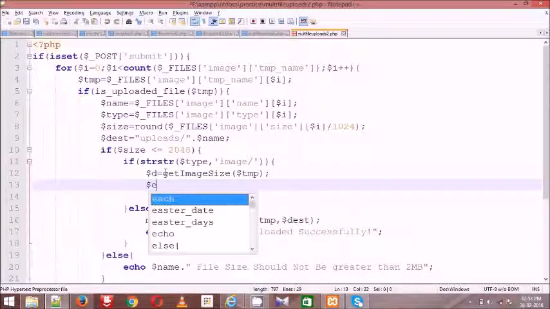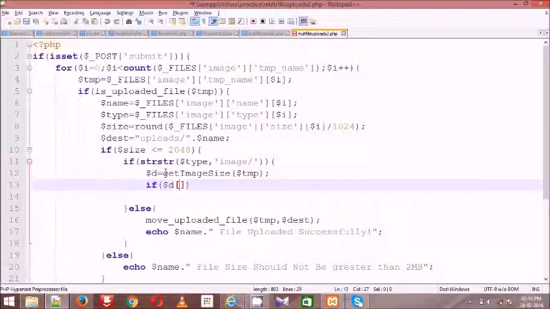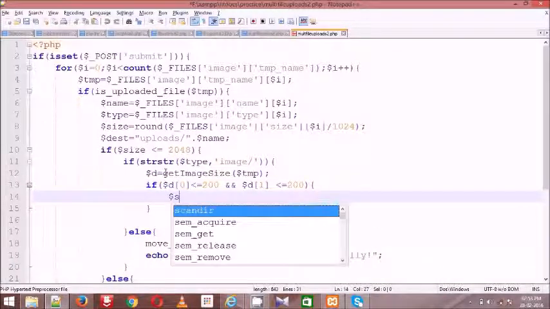So here if $d of 0, meaning width, is less than or equal to 200 pixels, and $d of 1, height, is also less than or equal to 200 pixels, in the sense I will give a message.